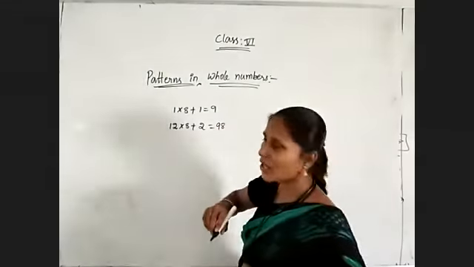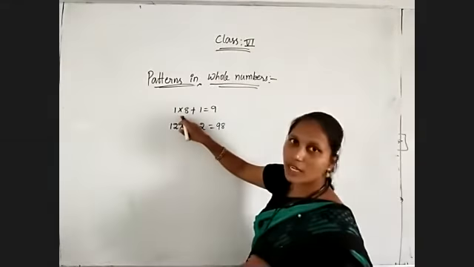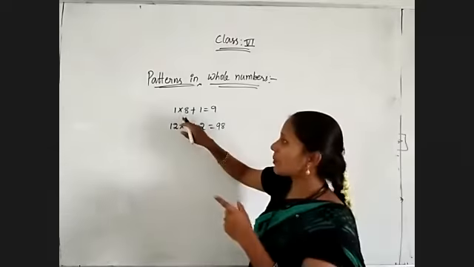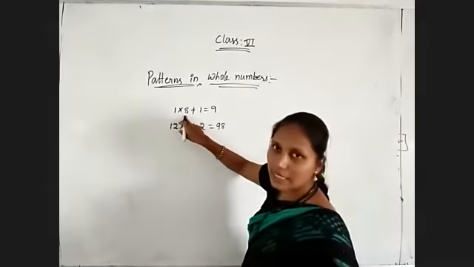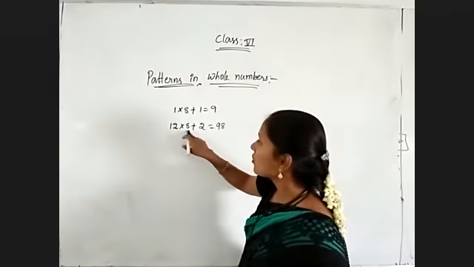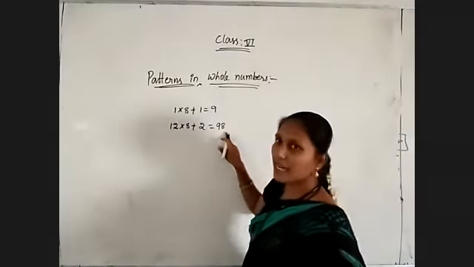Whether it is correct or not, check. In multiplication and addition, we have to perform multiplication first, as I told you in the first chapter. So multiplication has first priority, then addition. 1 8s are 8. 8 plus 1 is equal to 9. 12 8s are 96. 96 plus 2 is equal to 98.